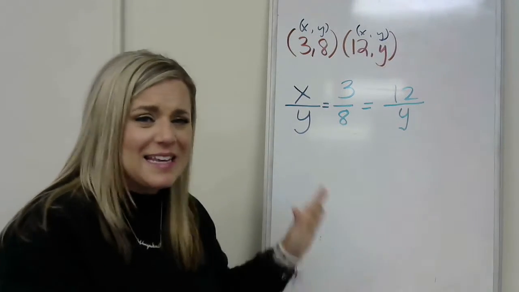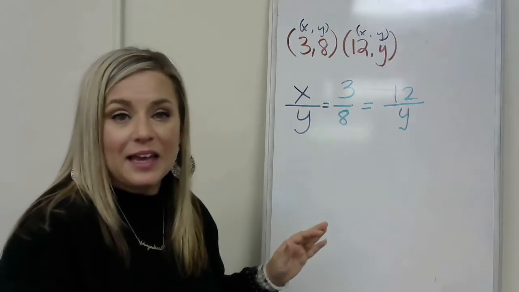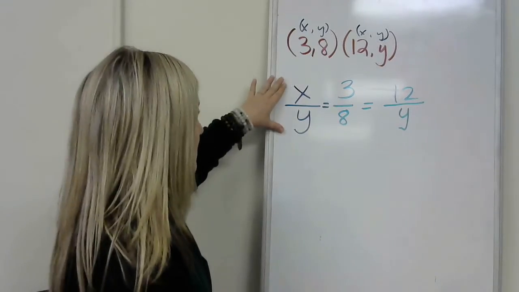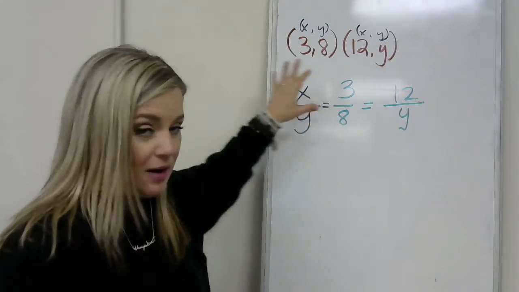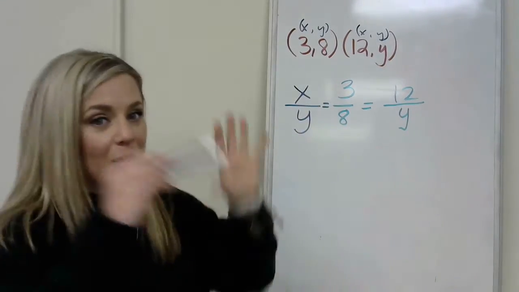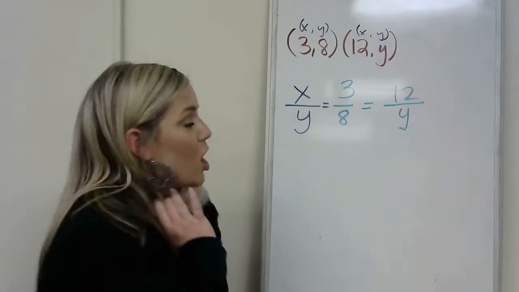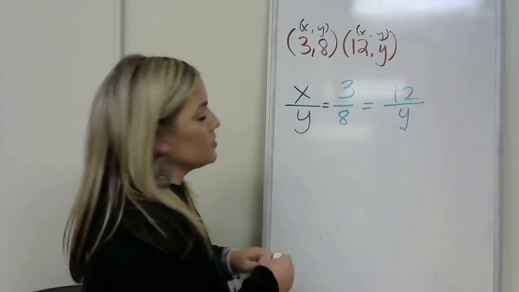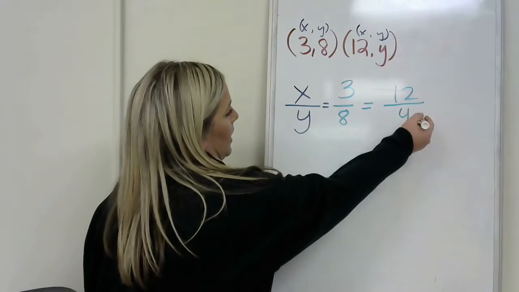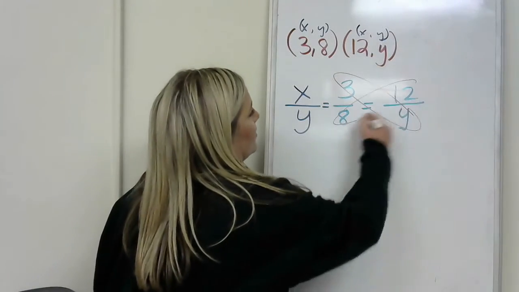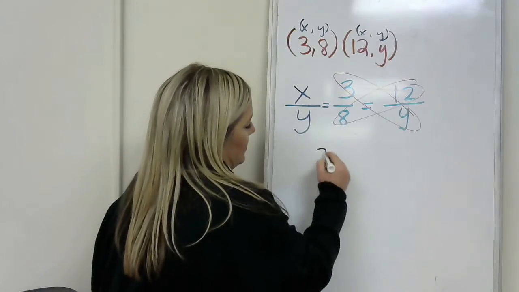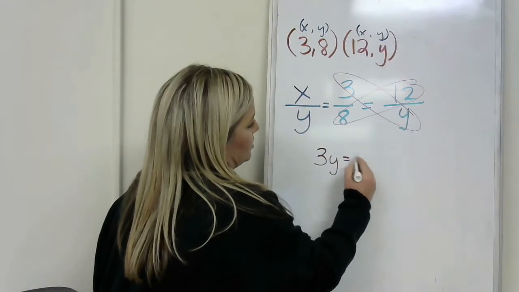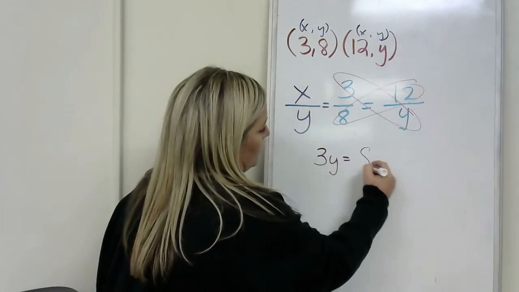So that's kind of easy, but I feel like it's easy because I kept my likes together. I wrote labels, and it helped me keep everything in my head. All right, so now we're going to solve for this y. These are just our labels. All right, so we're going to cross multiply. 3 times y is 3y, which is equal to 8 times 12. All right, now,